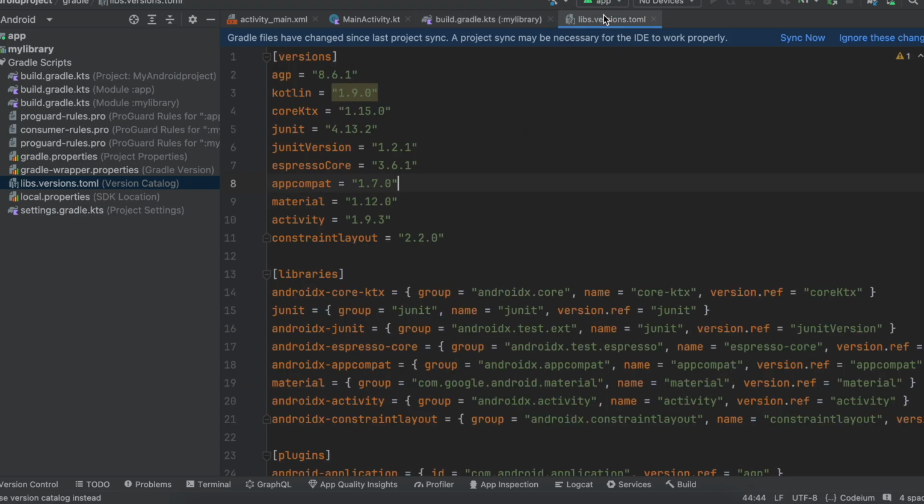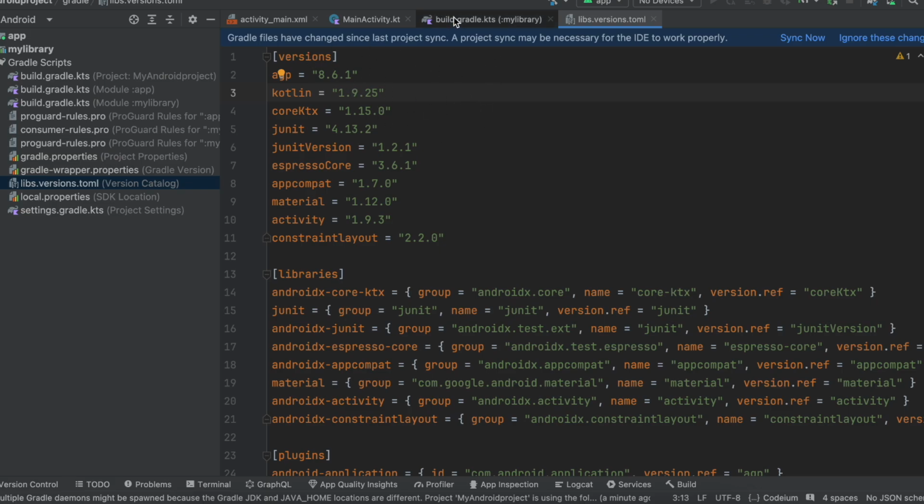Okay, now here you will have to go to libs.versions.toml and check your Kotlin version. We have to use at least 1.9.25. I know that Godot 4.3.0 uses 1.9.20 or something, but that is fine. We don't have to touch that particular Kotlin version. We just have to touch the Kotlin version of our